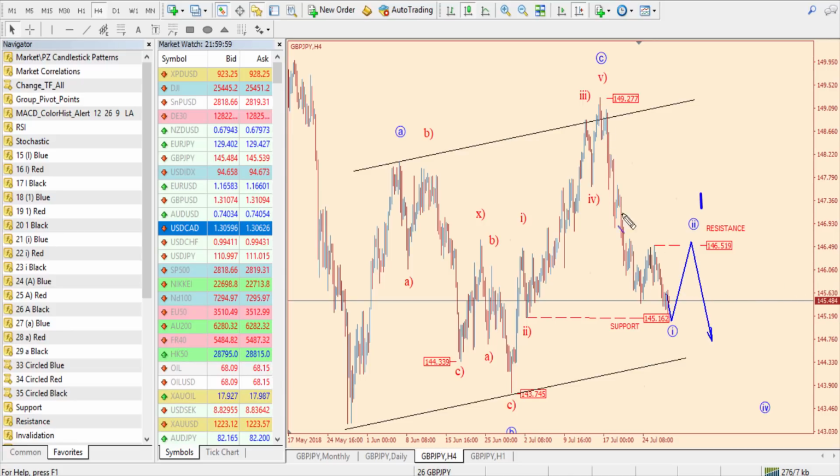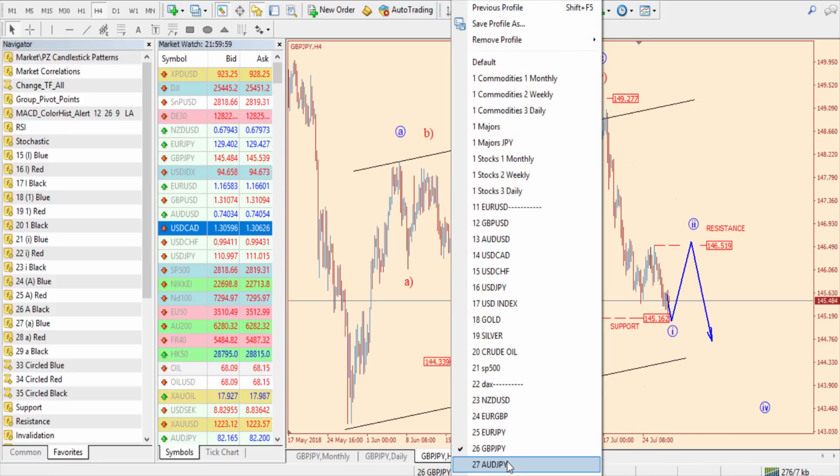Okay, because if this first leg is very extended, and if we think this is a wave 1, we see bears very strong, which means that bulls may not have a chance to even retrace 50 or 61.8%, which in Elliott wave theory are the usual levels. But what I'm thinking is that we will see resistance to find much earlier than 50 or 61.8% compared to this leg. Okay,